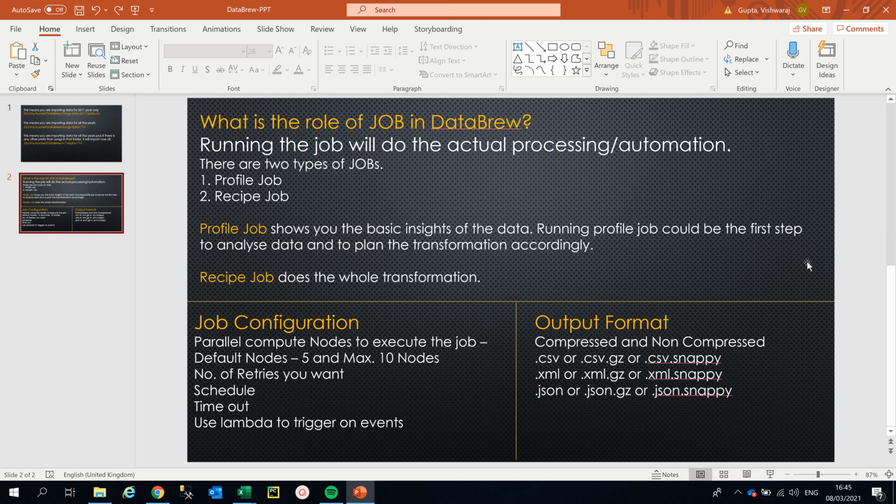Running the job actually does the processing and automation. The table hasn't been created yet. All the steps are there. We have created a recipe. We have taken the source data, but the job does the complete processing. There are going to be two types of jobs: profile job and recipe job. If you just select profile job, it is good